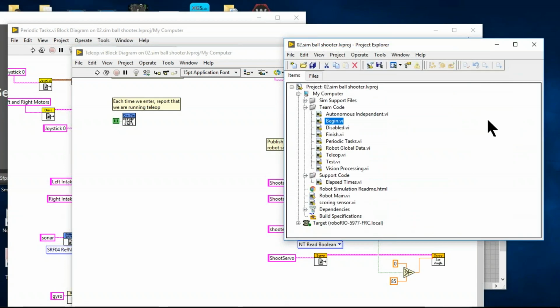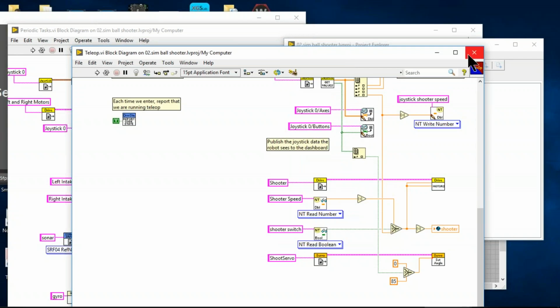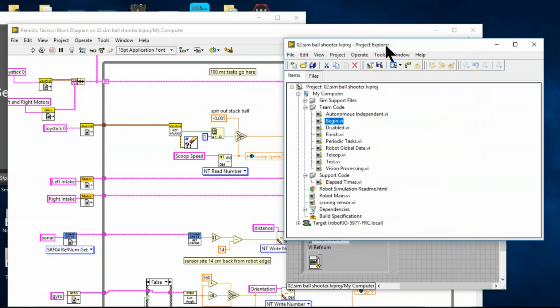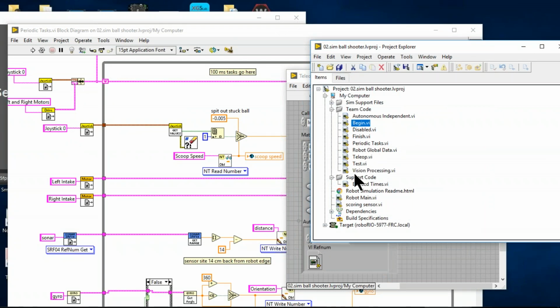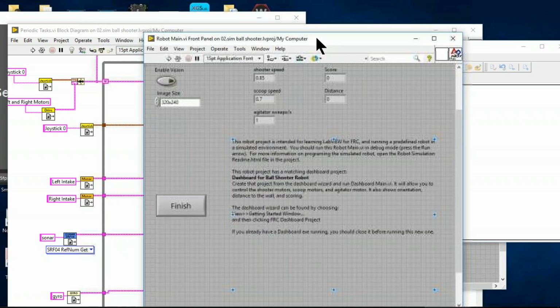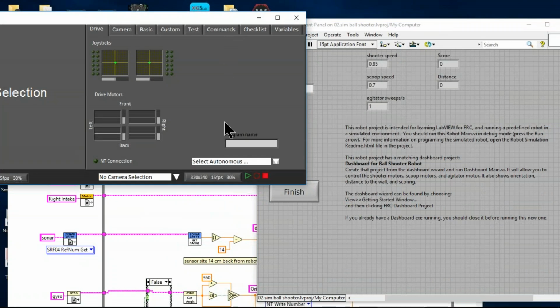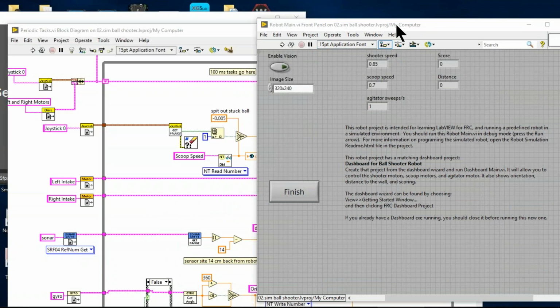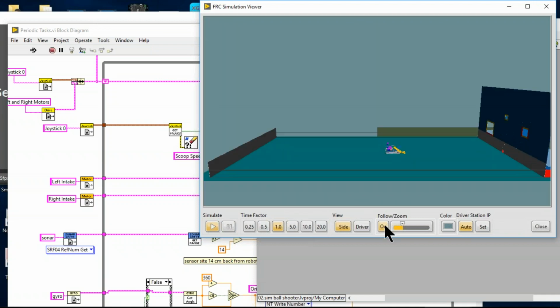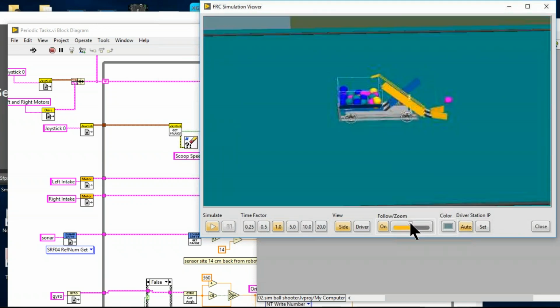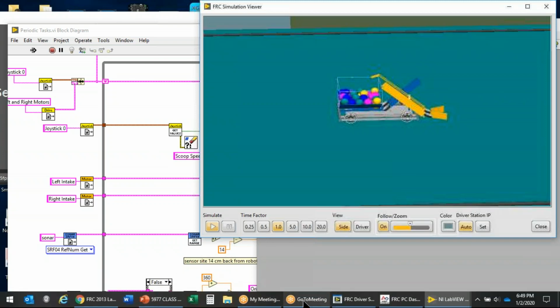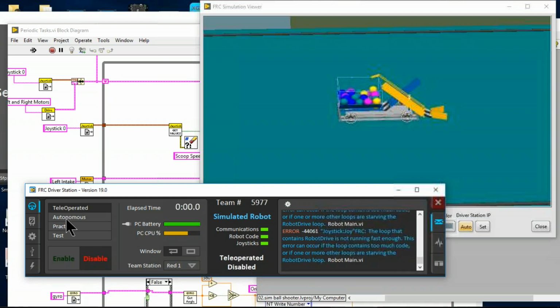In fact, it's worth looking at while we're in tele-op. So let's just go ahead and do that. I'm not going to be running autonomous. We're going to be running tele-op, and we're going to be seeing how this thing works. All right, so let's go back to our dashboard, driver station, go to tele-op, enable it. All right, we can see